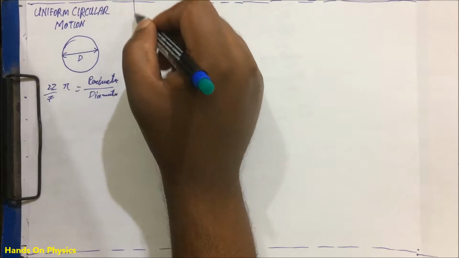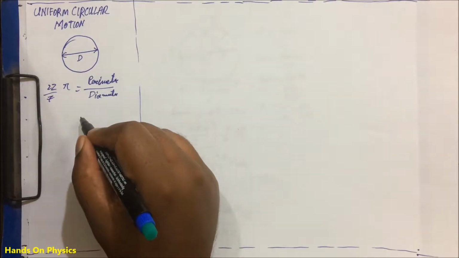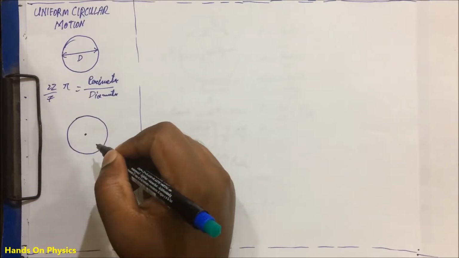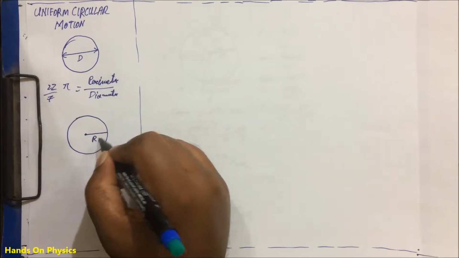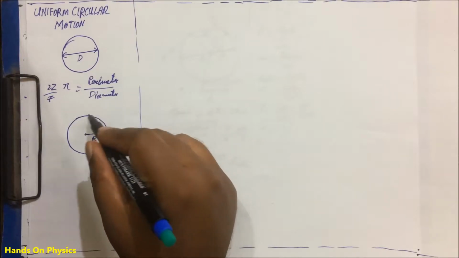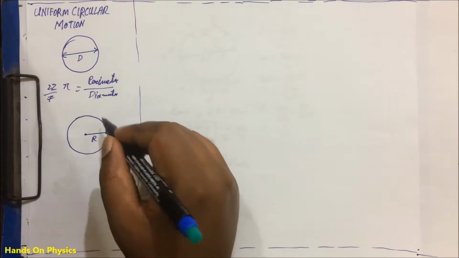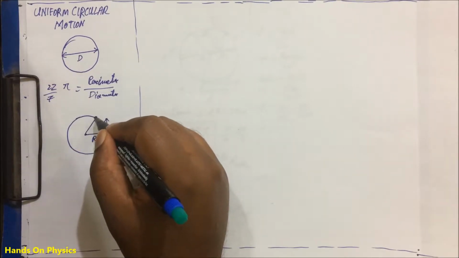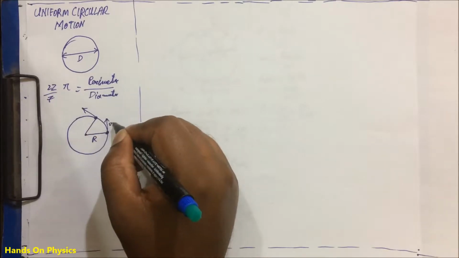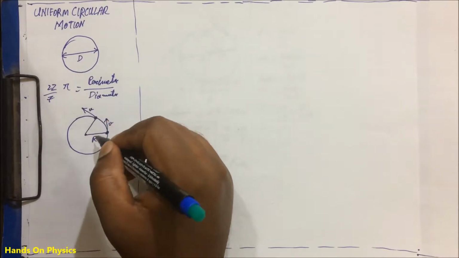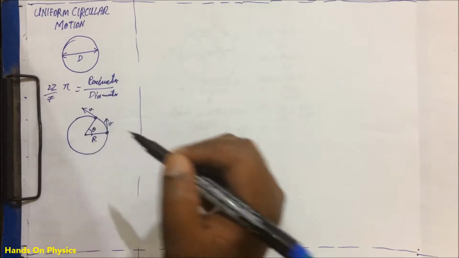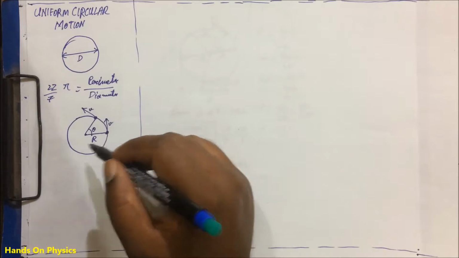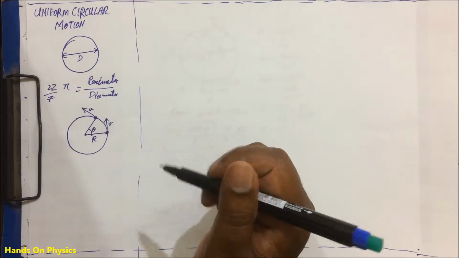Now, what we will consider is that in a circle with center here and of radius r, there is a particle at this point which is moving along this perimeter. At this point the velocity is v. After some time it reaches here and its velocity remains the same, v, but its direction changes and it sweeps an angle theta here. So what we can say about the velocity, the perimeter and the radius is that